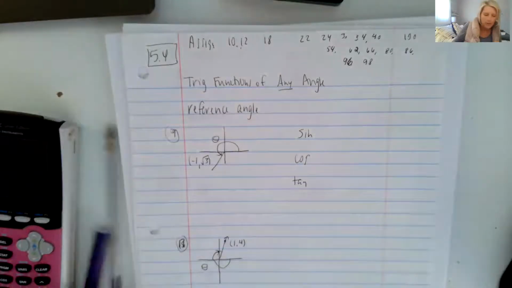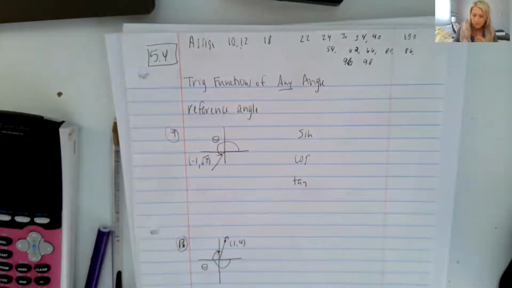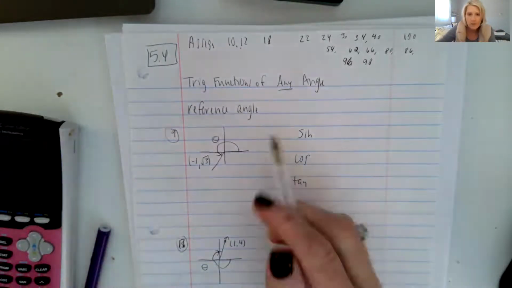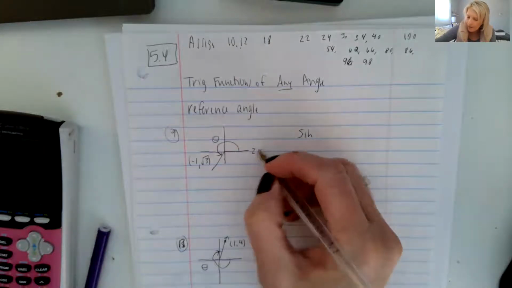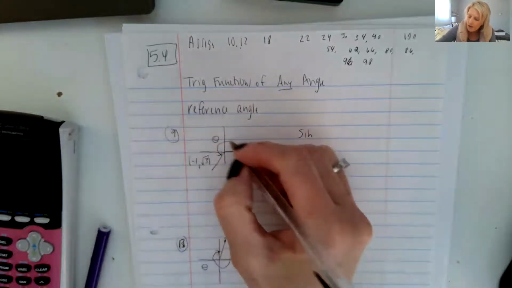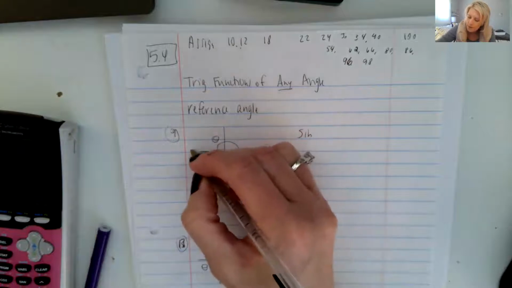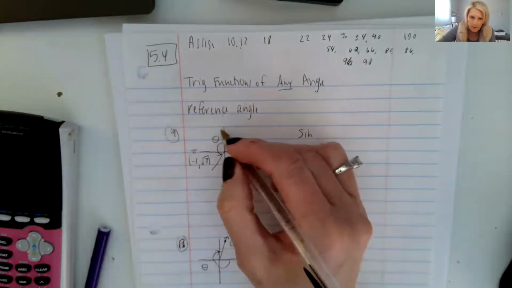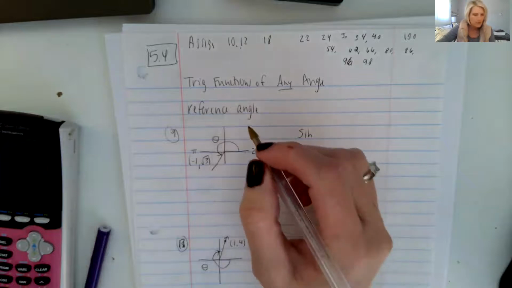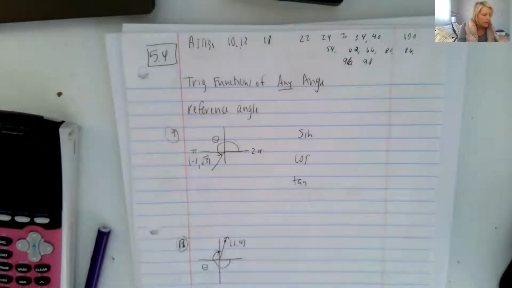So we're going to start by talking about our reference angle. Our reference angle is always referring back to either 2 pi or you can start with pi, but all of our reference angles are always referring to an angle between 0 and pi. So for instance, if we look at number 9,